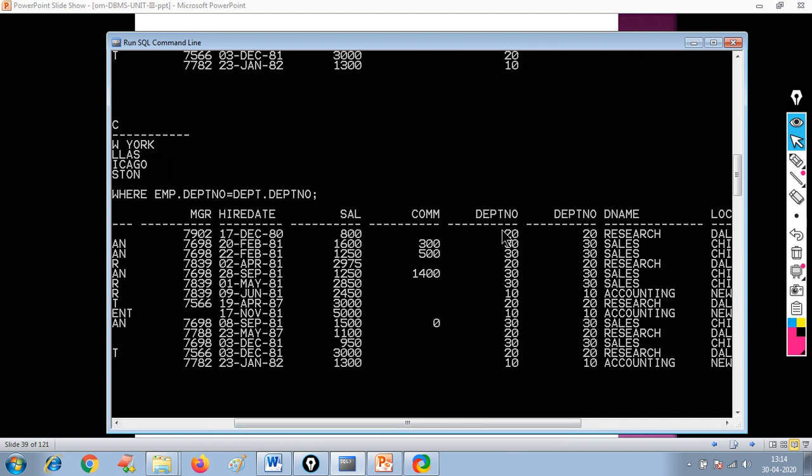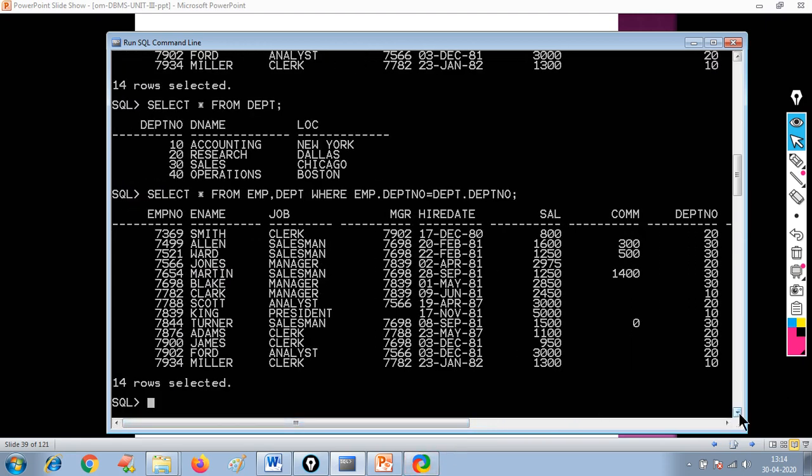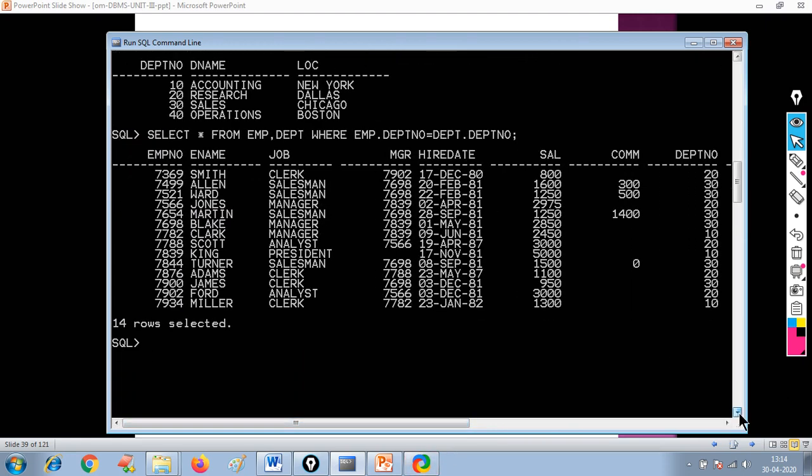Of course, showing the same value in two columns leads to redundancy. You can minimize that using a natural join. Okay, we'll see that later. So this is the example of a simple join operation. When the Cartesian product is associated with a condition, you can say it's a selection condition. We call that a join operation.